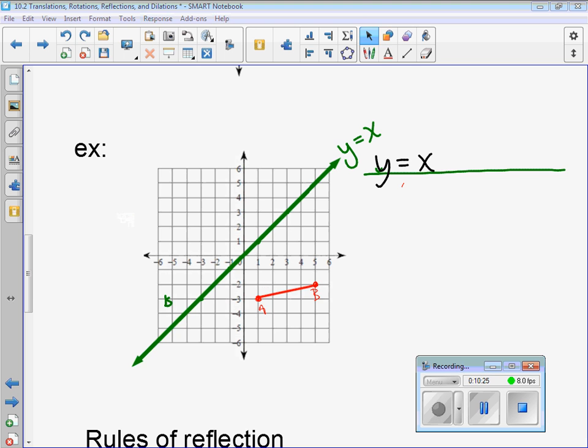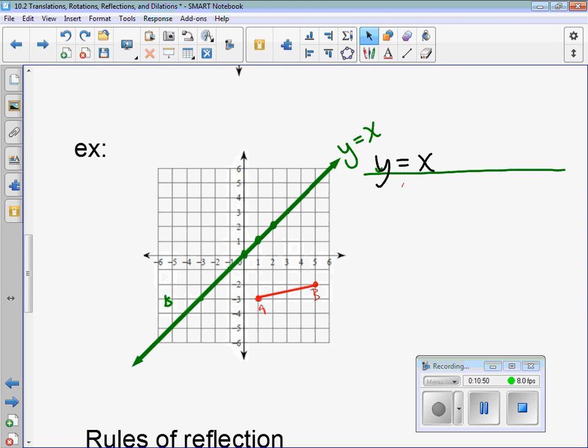All right, the green line in this one is y equals x. You're going to have to memorize this one. Now, this is nothing new. This is from Algebra 1. Y equals x is the line that's created by putting a point at 0, 0. If I plug 0 in for x, I get 0 for y. And then going over 1, up 1, over 1, up 1, and it continues to go that way. So if I give you, hey, reflect this across y equals x, you're going to have to create your own